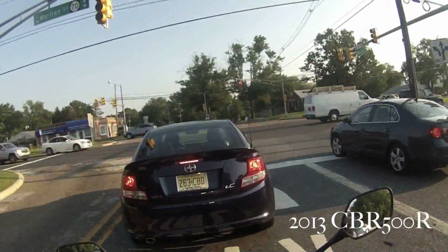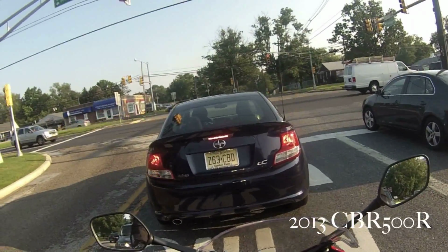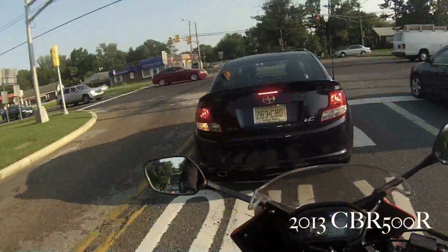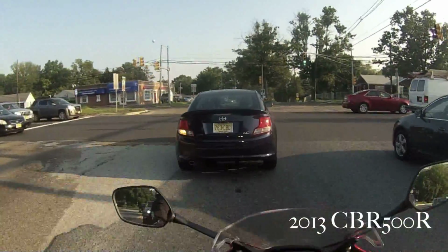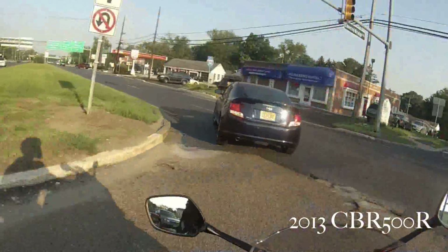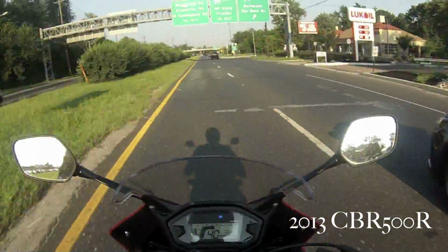So the engine configuration, it's a parallel twin 4-stroke combustion engine. It's liquid cooled, dual overhead cam, and I'm saying a bunch of things that I probably don't know about yet because I'm new to motorcycles. It has an 8,500 RPM rev limiter. It has about 31 pounds of torque. It has a very linear curve, and I feel like the power delivery is adequate for me as a new